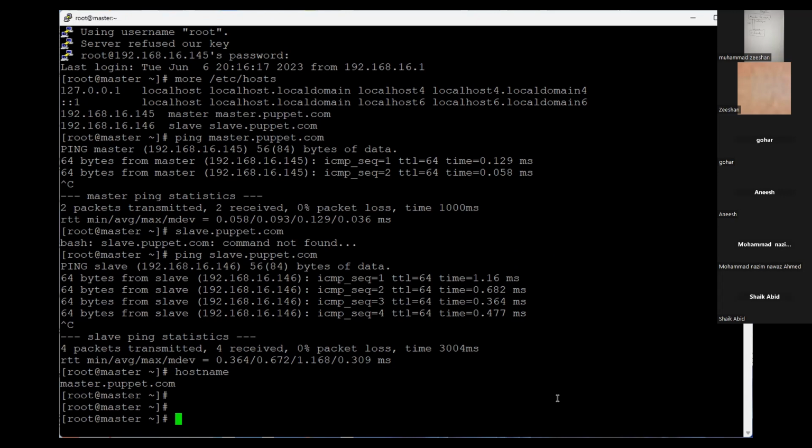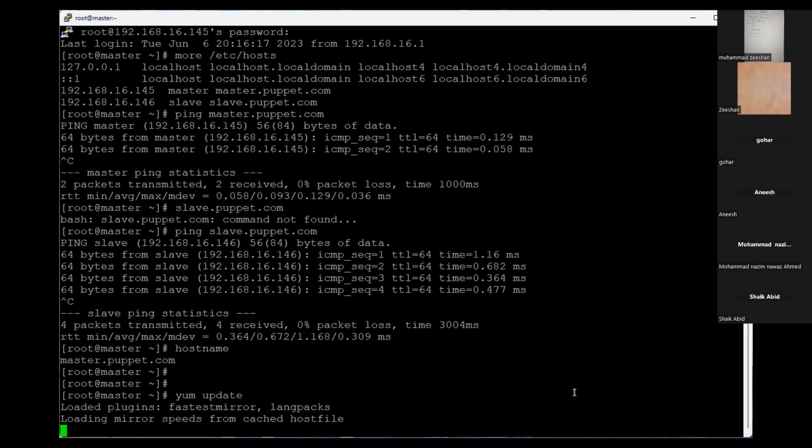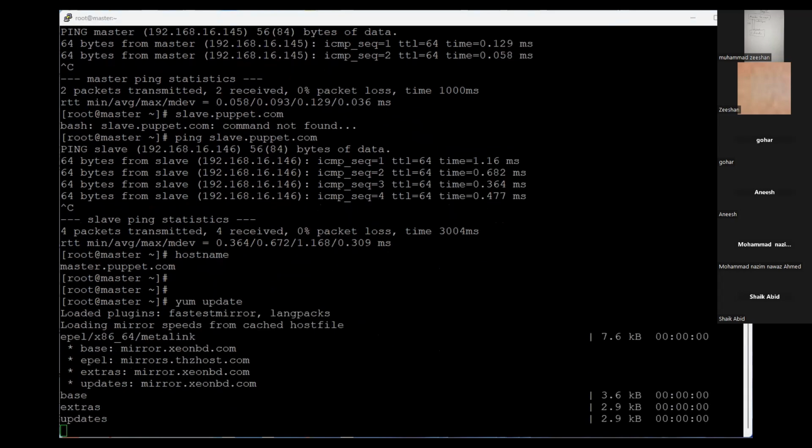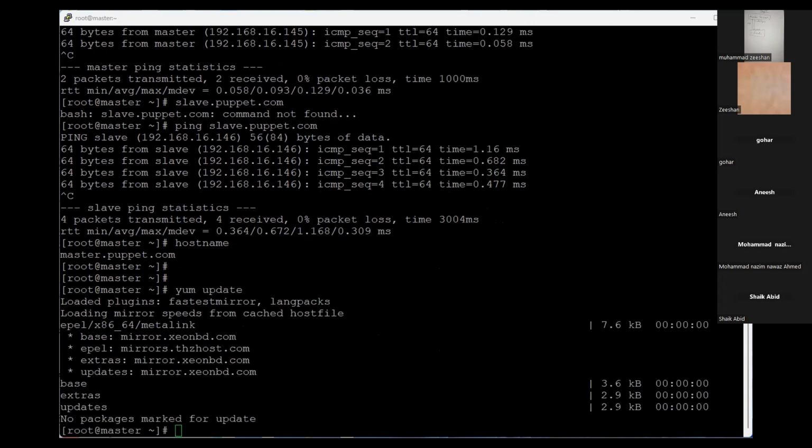So the procedure, you don't need to understand it. I'm just showing you the steps. So first we will do yum update so that all the packages are updated. And then we can install